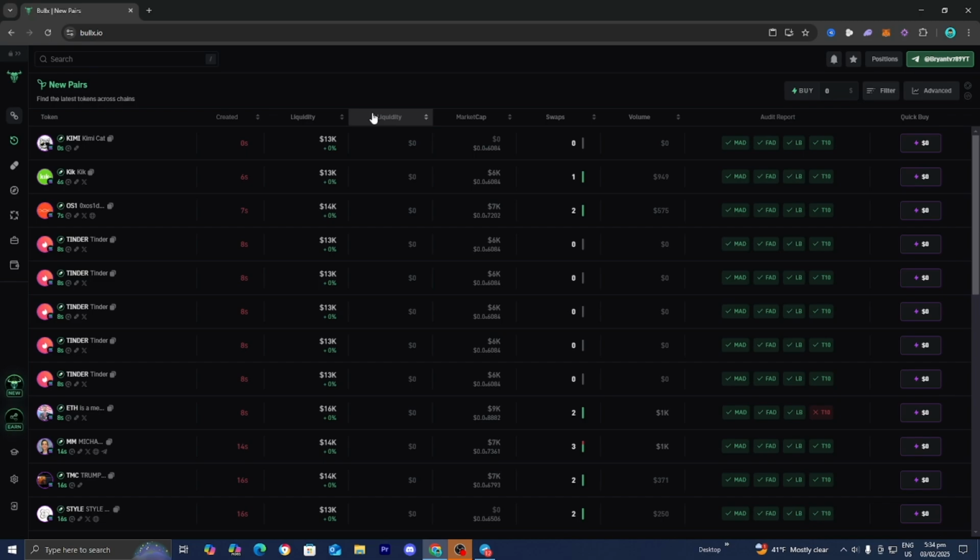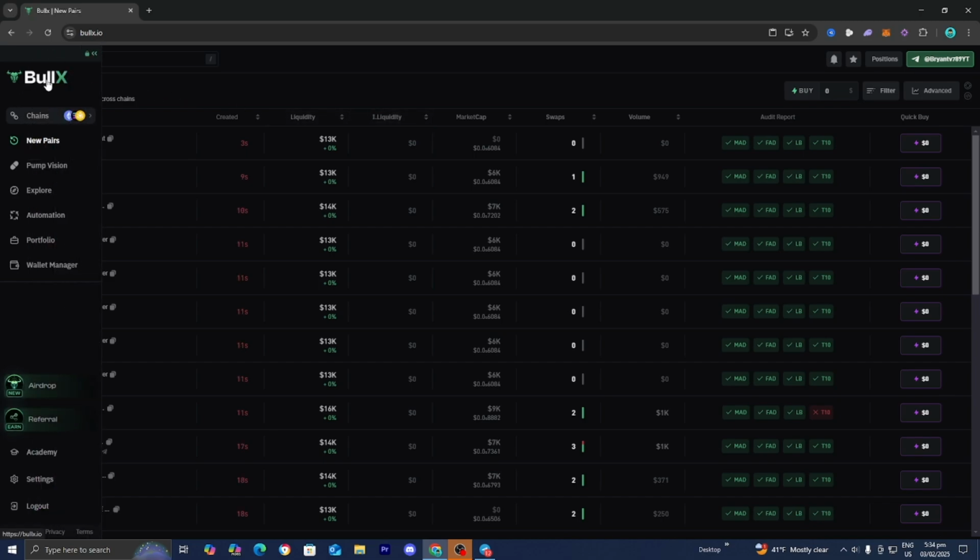So the next thing you want to do is make sure you are on the right platform. So for example, I'm currently using Bullx, and that actually does work for Nova Click. However, not all platforms will work for Nova, so it's really important that you only go on platforms that are